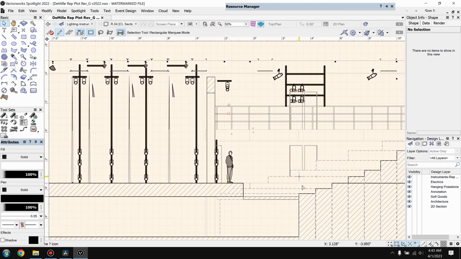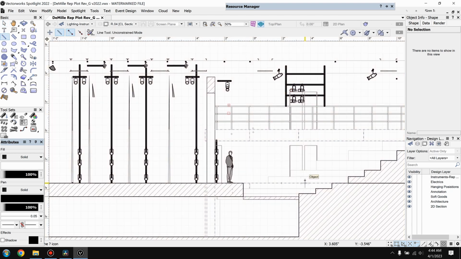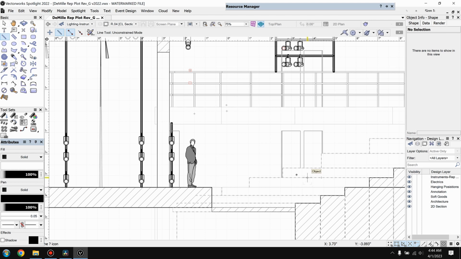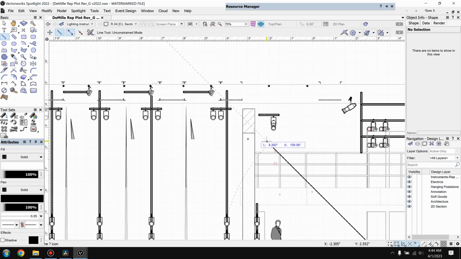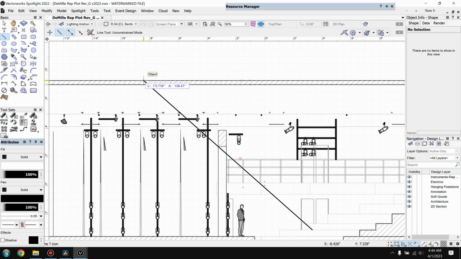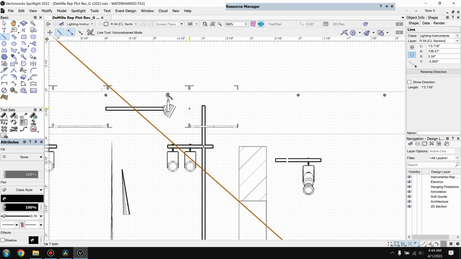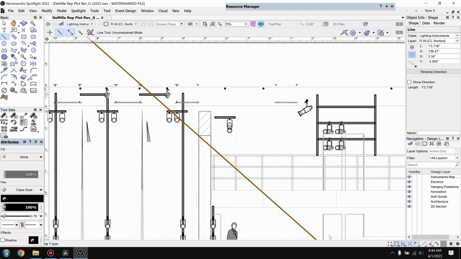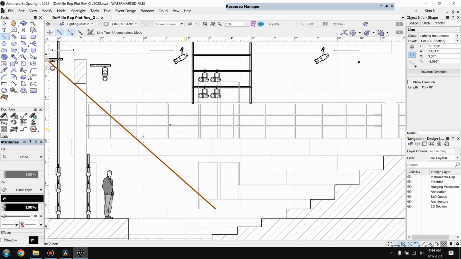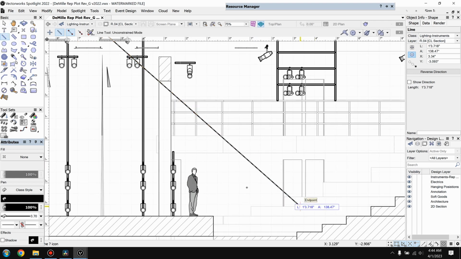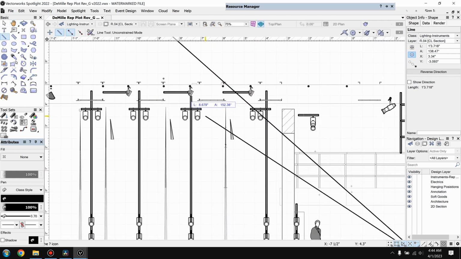So, with the first row of seats here, we can draw straight lines to get a decent idea of where their vantage point would be and what they're going to be able to see and what they won't be able to see. If the edge of the proscenium arch is here, we can draw a line here, and that tells us that they cannot see this par instrument. If the people in the front row can't see it, then the people further up can't see it. We can continue drawing these straight lines,